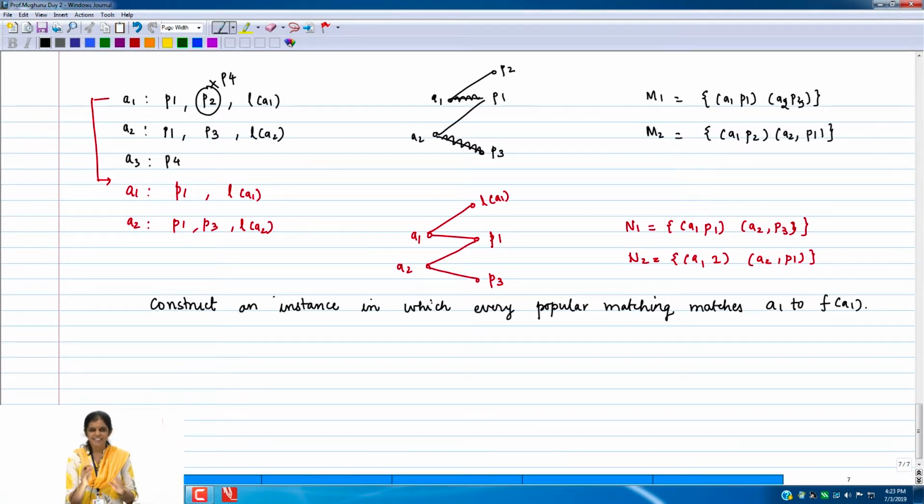Yeah, and there is a trivial case where there is a unique, okay, so if this is the instance that you have in your mind, that is A1 P1, and then P1 is nobody's F post, then that is not an interesting instance because it's a post which nobody is interested in. Then yes, you can have it, but of course, I should say this, that there are at least 2 applicants who treat that as an F post. Still you would want that post to be always assigned to A1, and you have the freedom to choose the preferences of everybody, not only you now, because let's understand whether this can happen.